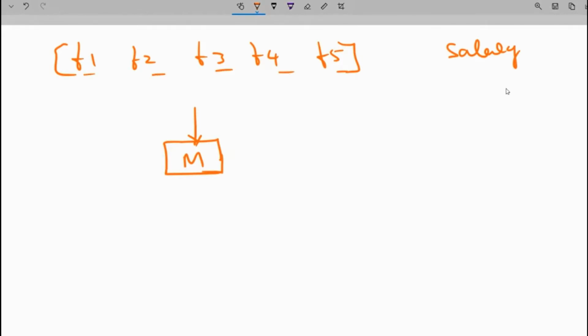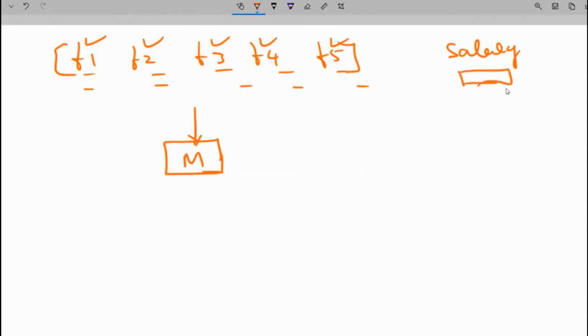How F1, F2, F3, F4 relate, and it will try to learn from each and every feature. It will try to learn from F1, F2, F3, F4, F5, and use all this data to predict the salary